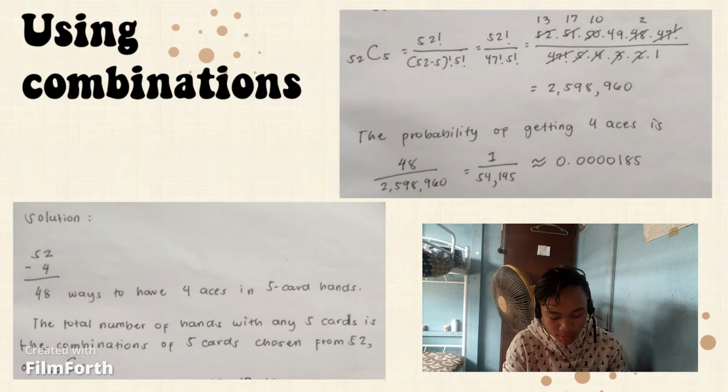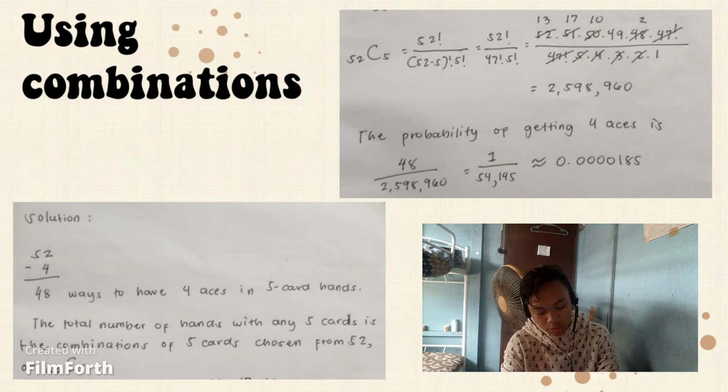Reduce 52 by 4, which is equal to 13. Reduce 51 by 3, which is equal to 17. Reduce 50 by 5, which is equal to 10. And then lastly, reduce 48 by 2, which is equal to 24. And then you multiply 13, 17, 10, 49, and 24. Then that results in